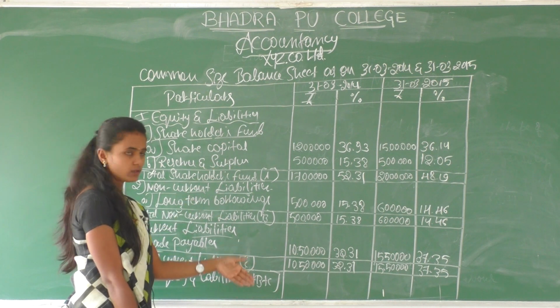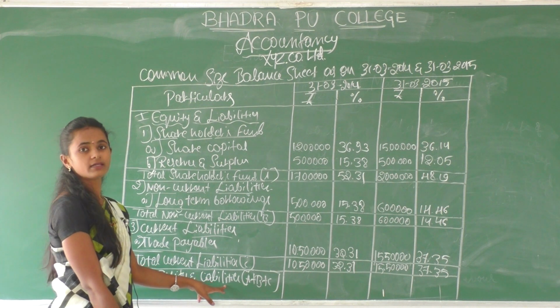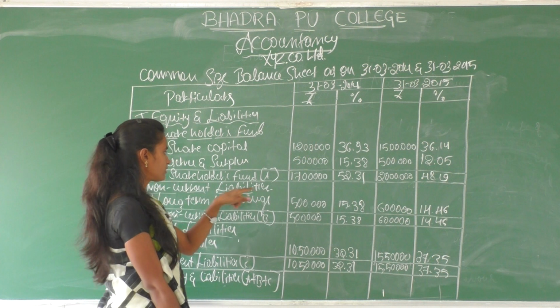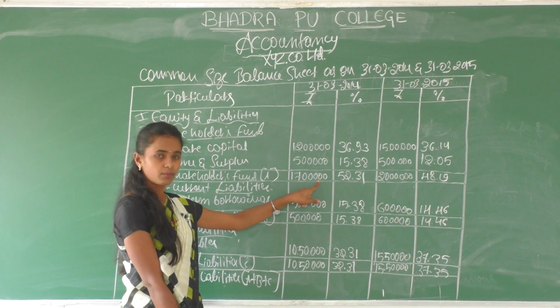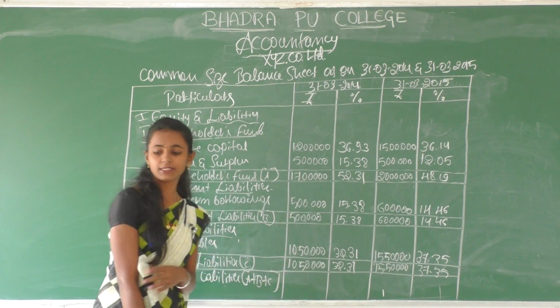If we add all these three items, we get our total equity and liabilities. For 2014, it's 17 lakh plus 5 lakh plus 10,50,000,